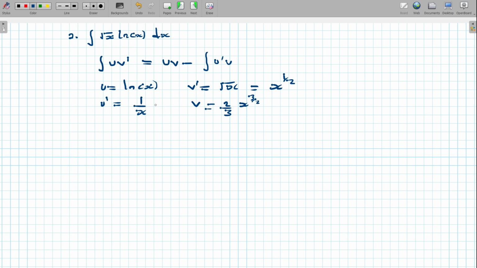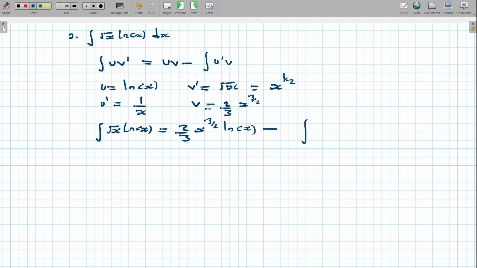So if we inject everything that we found into this particular problem, what we see here is that the integral of the root of x and then natural log of x is going to be equal to, now our u is natural log of x, but then our v here is 2 divided by 3 x to the power 3 divided by 2. Now if I write everything, we should have 2 divided by 3 and then x to the power 3 divided by 2, like so, and then natural log of x, and then minus the integral of